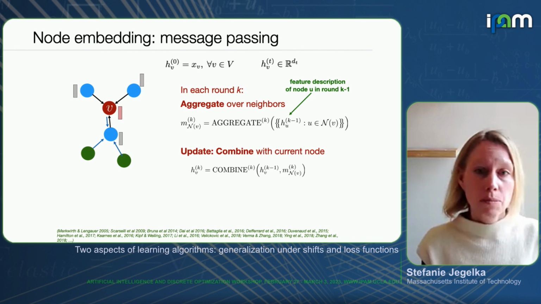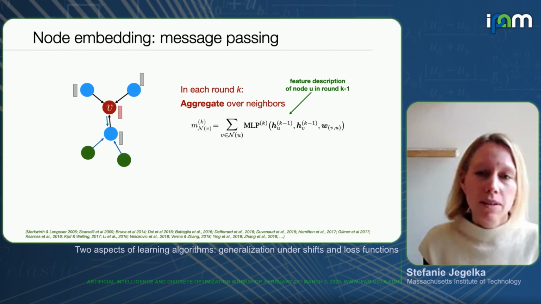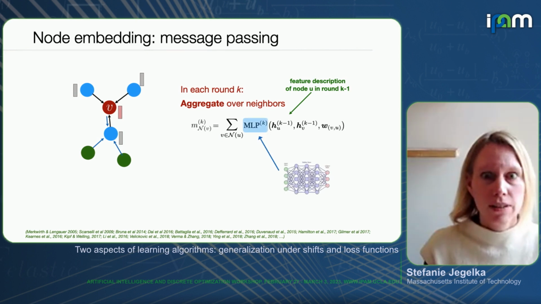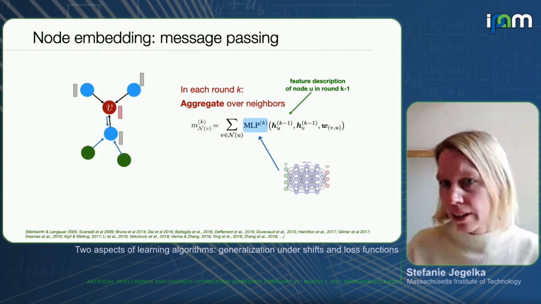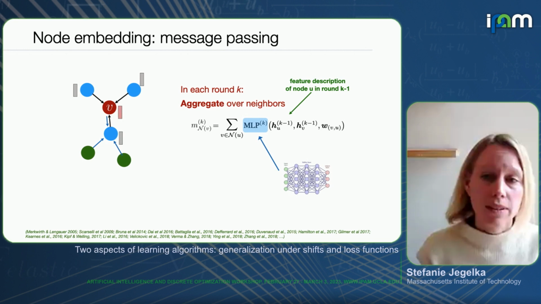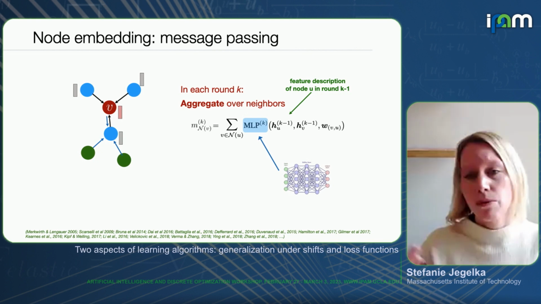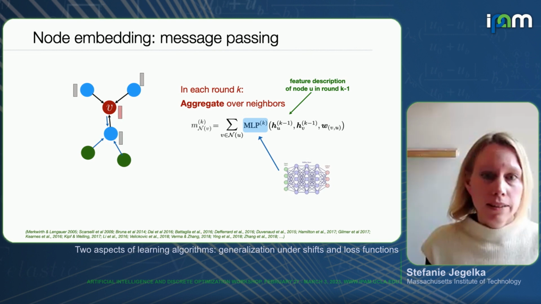So that's the model we'll be working with. And now one form of this that's actually pretty much the most general form is that the aggregation and update function, or this is actually just the aggregation here, is just a neural network applying to V, each of its neighbors separately, and any of the edge information that we have. That's the WVU. So that's an MLP, a small neural network that we are learning. It could be just one or two layers. Typically it's not that large. So that's the learnable parameter.